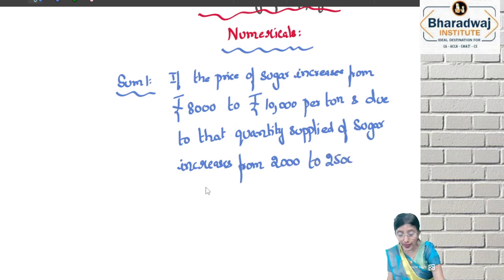See, as you are even writing the numbers, just even in the exam, as you're